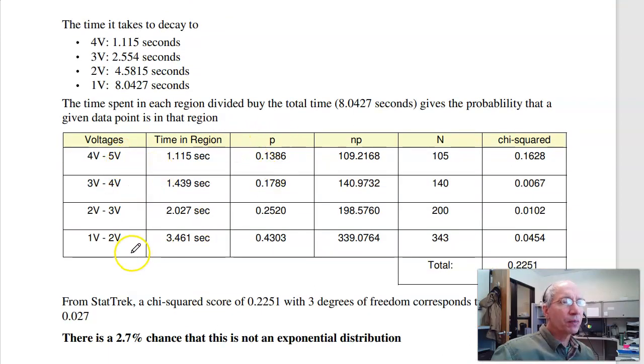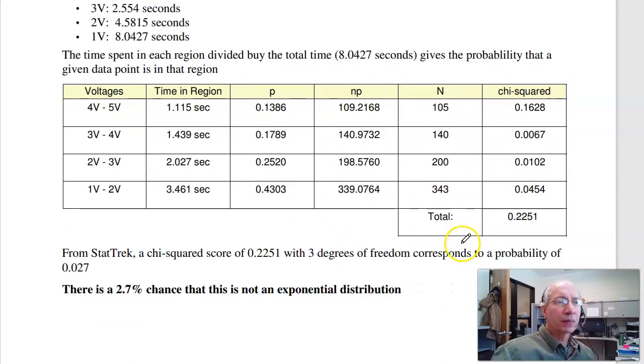So here's the region. Here's the time I spend in the region. The probability is what is 1.115 over the total time? 13%, 17, 25, and so on. Take the number of data points that you have, multiply by p, that's n times p. Here's the actual data. Now comparing, to do the chi-square test, I take the difference squared divided by np, difference squared divided by np,